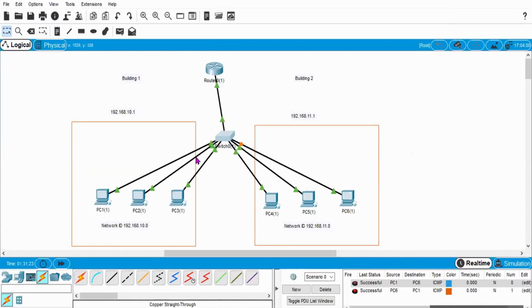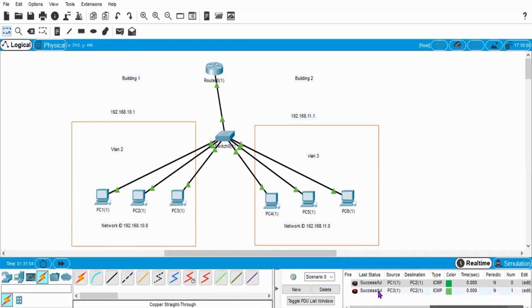So this is actually VLAN 2, and this is actually VLAN 3.